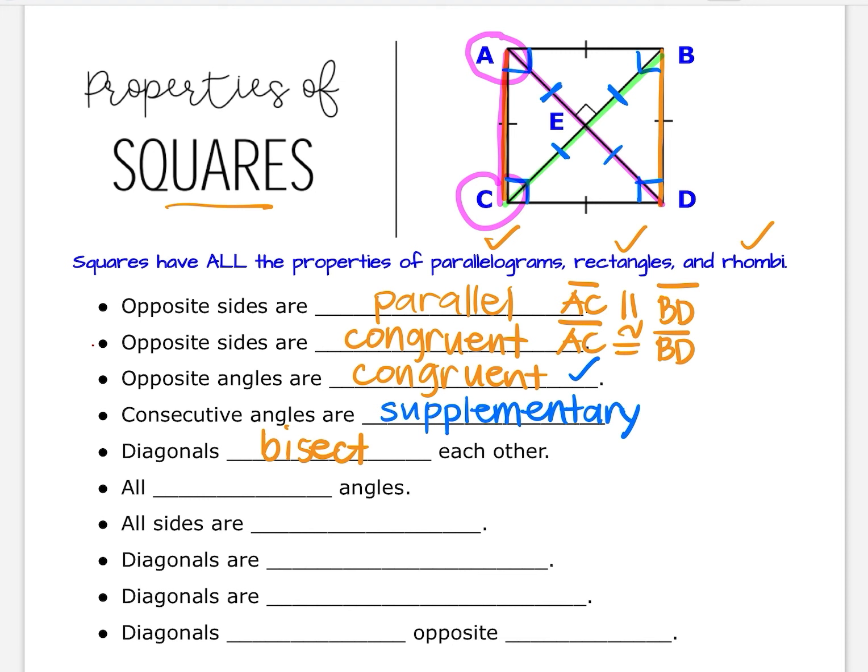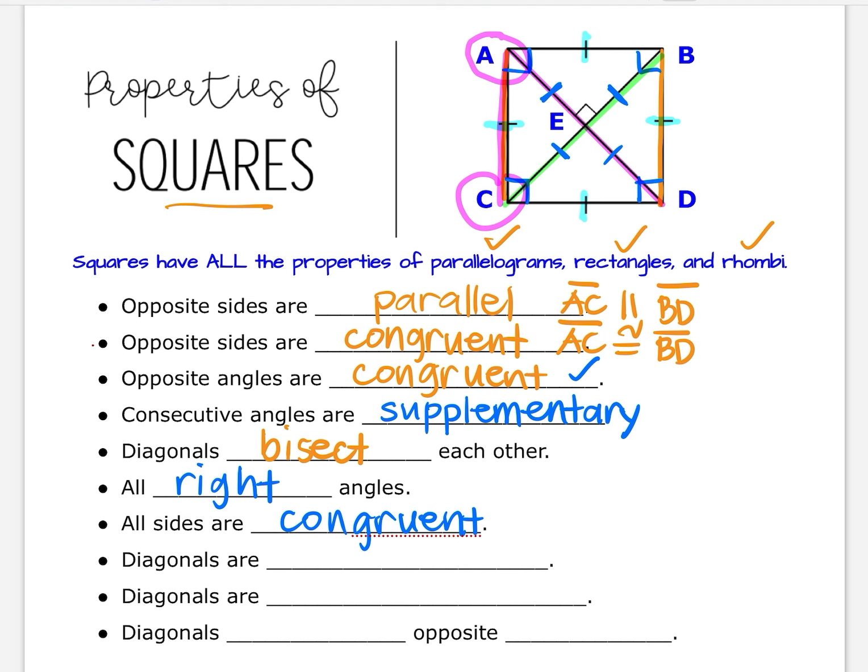The next property is all angles are right angles. So all right angles. The next property is that all sides are congruent. So in a square, if you take a look, notice that we see this symbol right here. These are called tick marks. So this tick mark simply tells us that the sides, which means the measurement of the sides of a square,